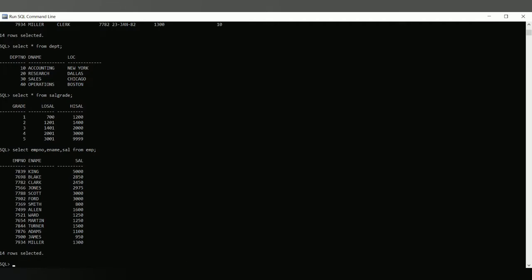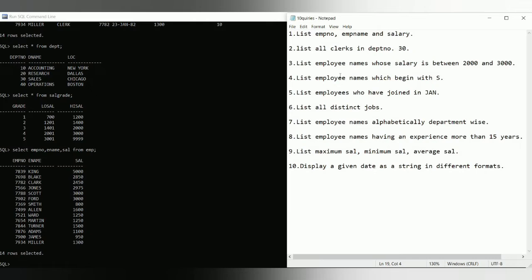Next we have to see the second query. List all clerks in department number 30. Now we have to collect those who are in department number 30.